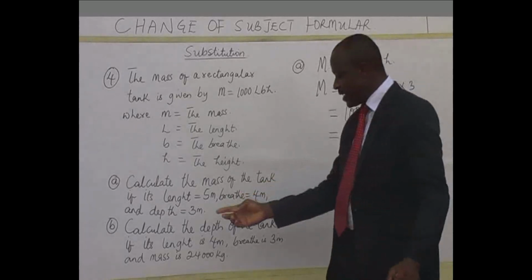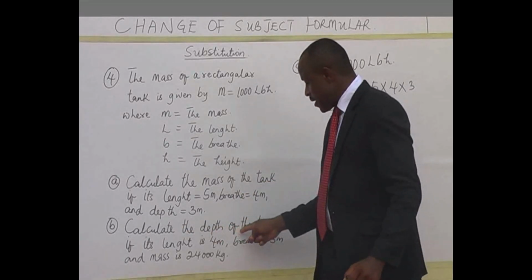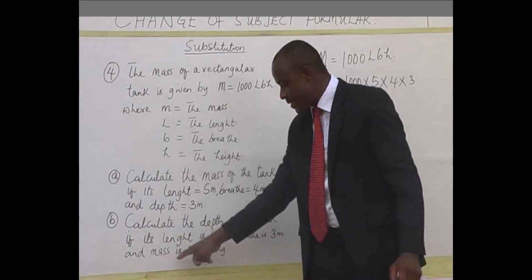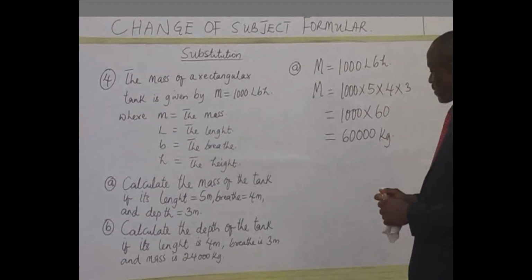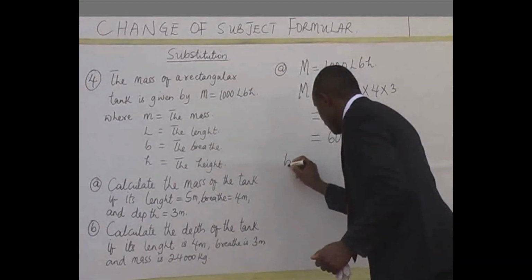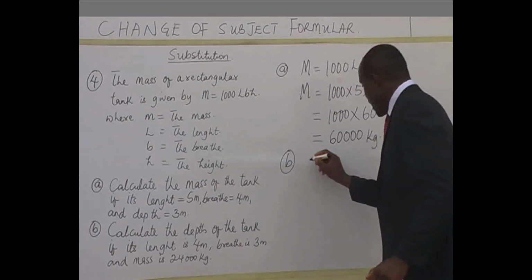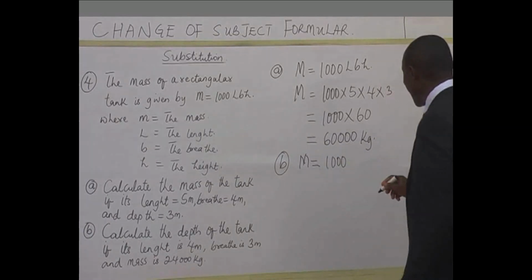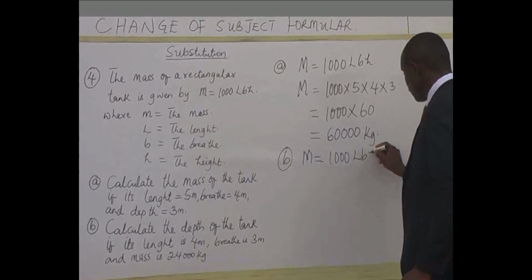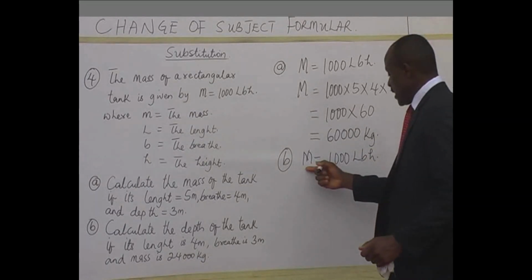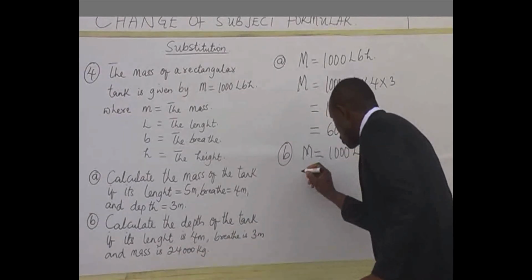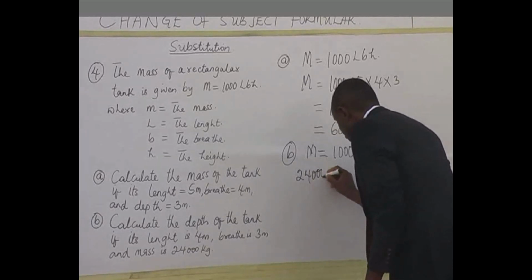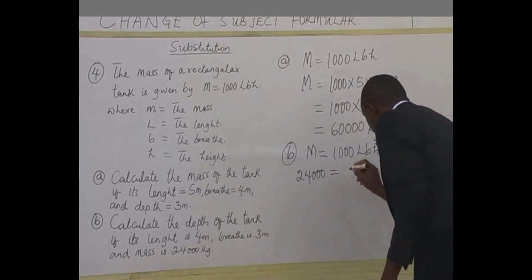Now the B part of the question said we should calculate the depth of the tank if its length is 4 meters, the breadth is 3 meters, and the mass is 24,000 kilograms. Question number B. Our formula is M is equal to 1000 lbh. There, the mass has been given to us. So use 24,000 to substitute M. It's going to give you 1000